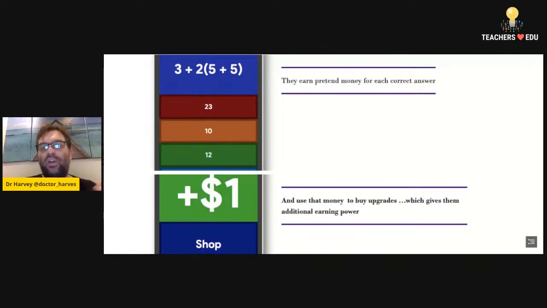Okay, so for example, one upgrade, as I've mentioned before, is the freezing upgrade. So you can freeze opposition players, so they can no longer answer questions for 10 to 15 seconds. You can buy shields, so if someone tries to ice you, you can shield yourself from that. You can also level up, so every time you get a question correct, you can also gain more points, gain more money. And if you get a longer streak of answers, again, you're gaining more money, so you can buy more upgrades and move up in the levels.